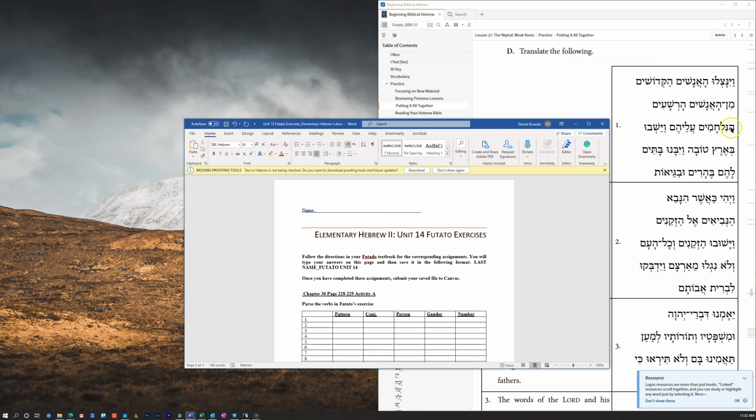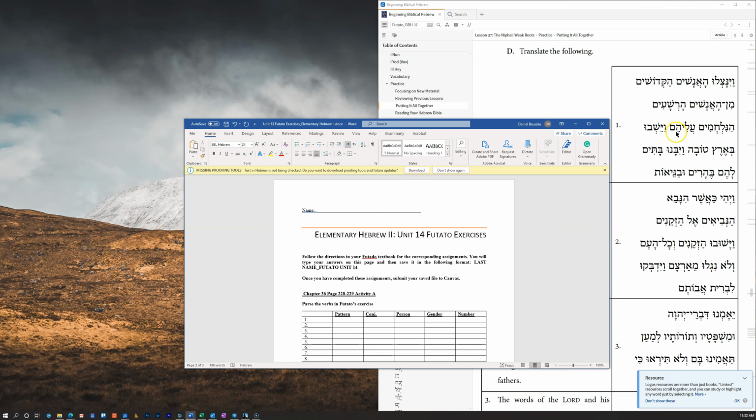The wicked men, this is a participle here. Nil Chamin. So this is Niphal participle, masculine plural, from Lacham, which is to fight. So the fighting. The men, the fighting,